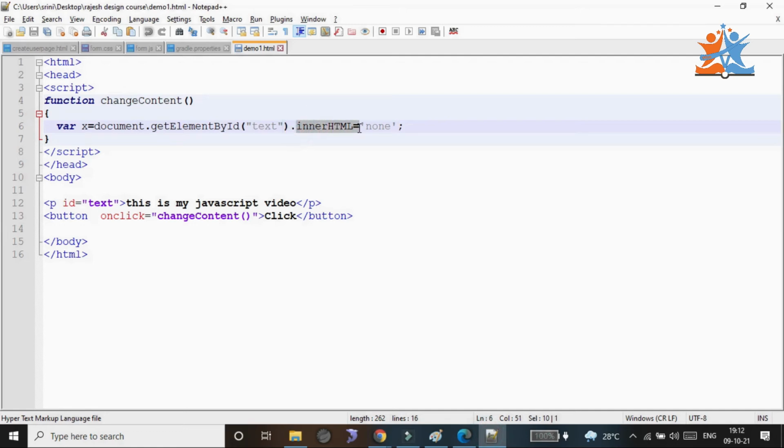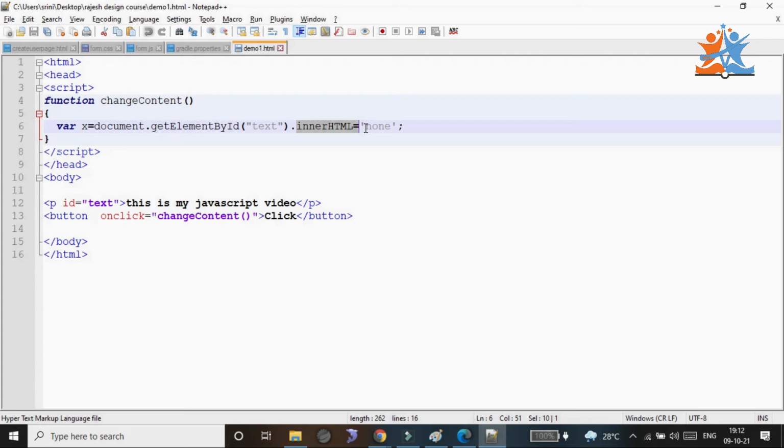Sir, my case is I don't want to display anything whenever I click the hit button. This is my JavaScript video. If I click on it, nothing should be visible, only the button. So what do we need to do? That is not done with the help of inner HTML. Inner HTML works if you want to change something, so in place of that we can use inner HTML. But I want to do other elements. So what is that?